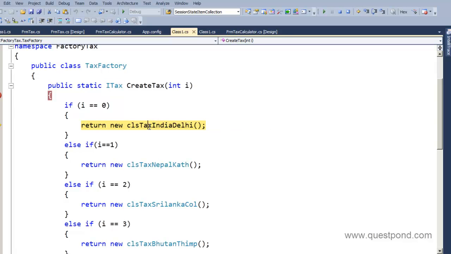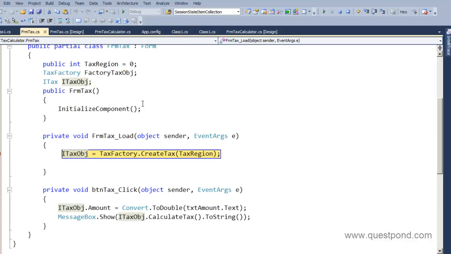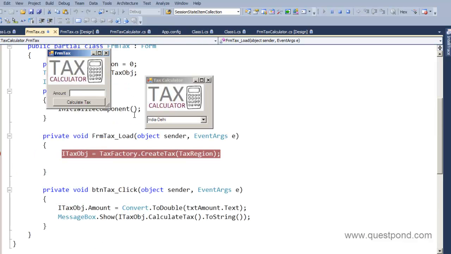So he typecasts these concrete classes to generic interfaces so that the UI and the concrete classes are decoupled from each other. So I go back from here, F11, and now I am on the form.